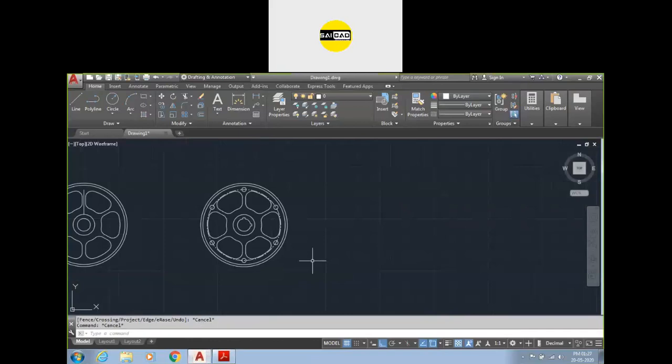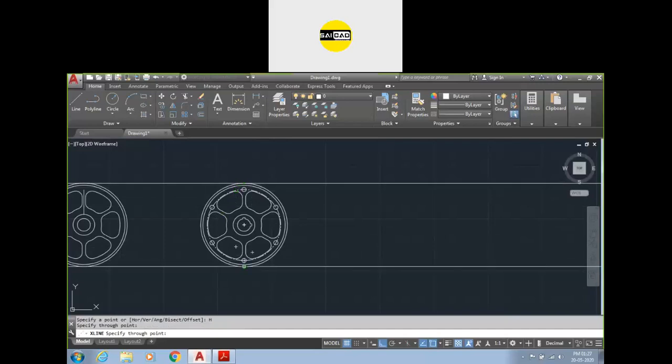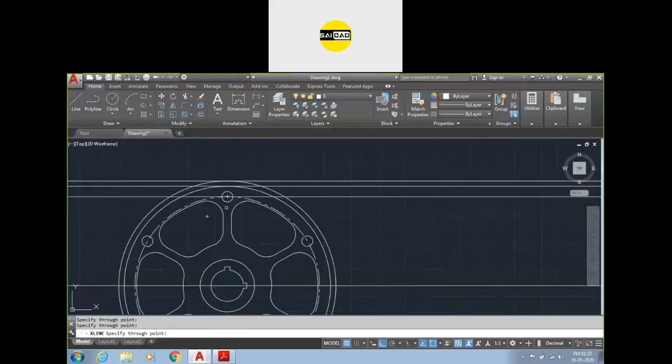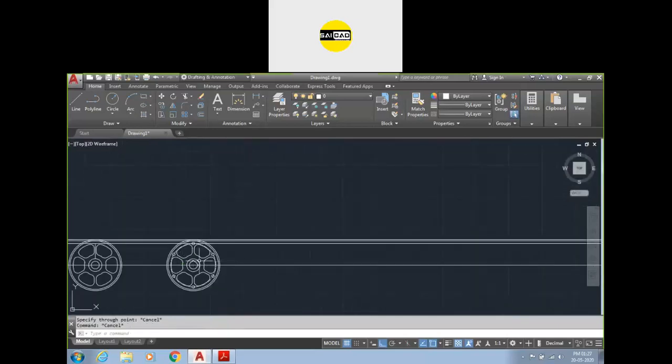So to create, we have to use the construction line. Now how you can use the projection lines? So to draw the projection line, we have the line option type XL, that will be construction lines. We have the types horizontal, vertical, angular, whichever you need. We need now horizontal. We can see that we can just create the maximum lines like that. We can create the center. Okay, so right now I'm just going to create only this thing.